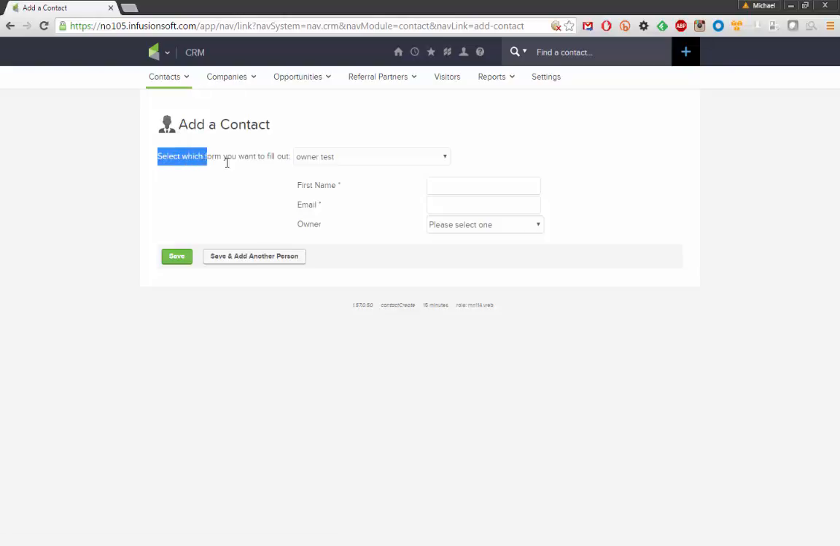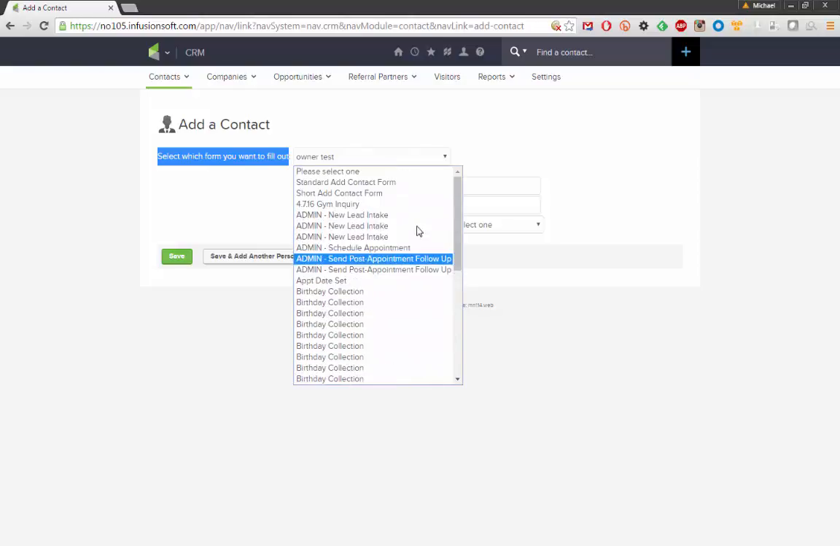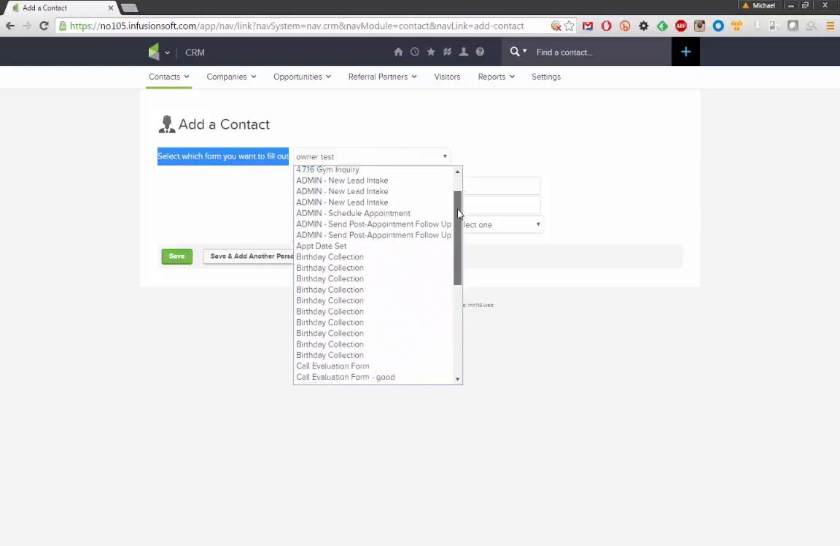Now, it asks us which form we want to fill out. This is our list of internal forms. These are all the internal forms we've ever created. Now, if you've imported campaigns from